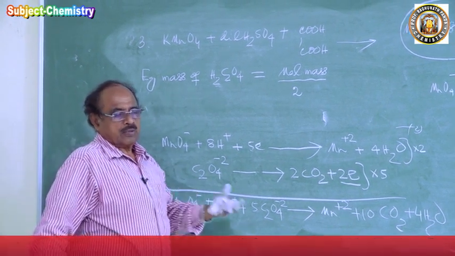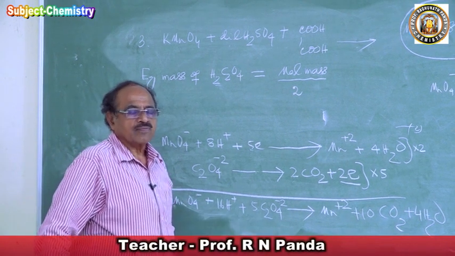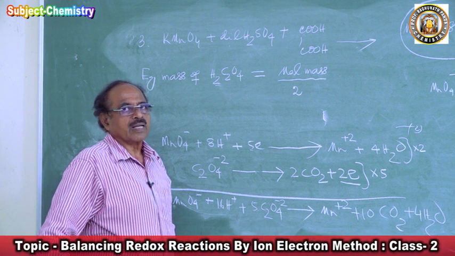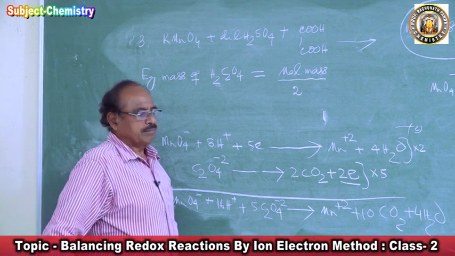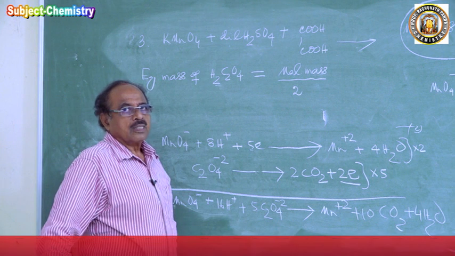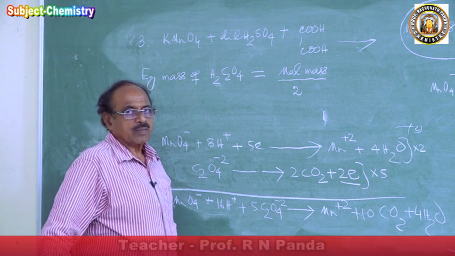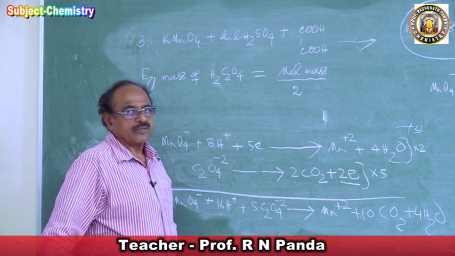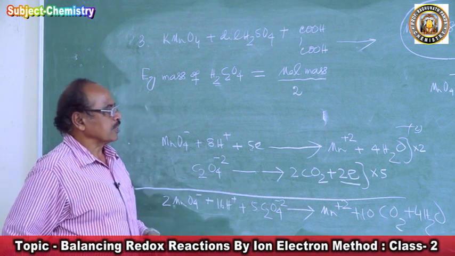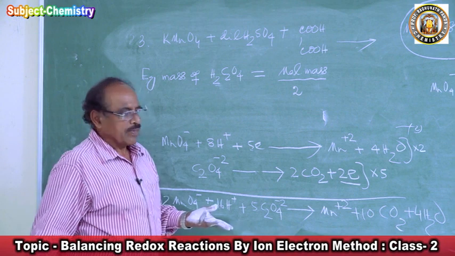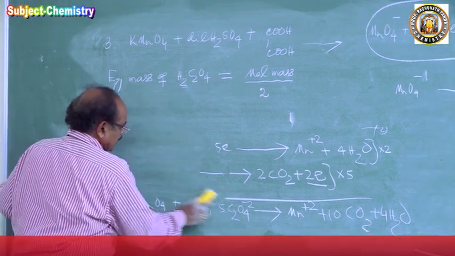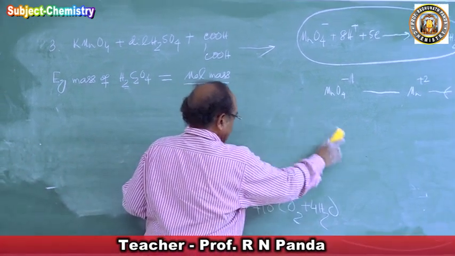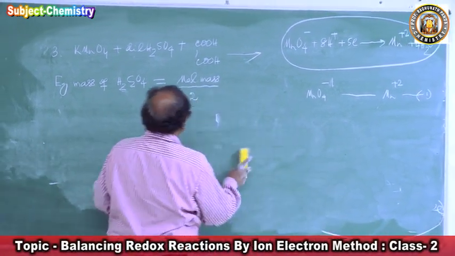solution, when 1 gram equivalent mass of a substance is dissolved in 1000 cc, this solution is 1 normal. So we take the molecular mass by 2 and get the amount of the substance to be dissolved in 1000 cc, and we make a 1 normal solution. Then we go for the titration and you can calculate its normality and certain other stoichiometric equations of redox reactions. We will be solving the numericals.